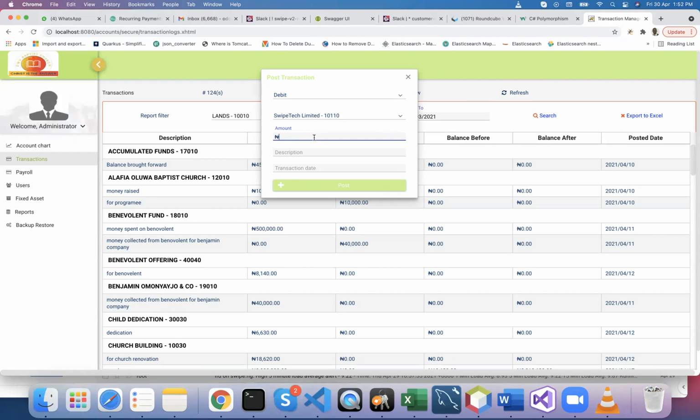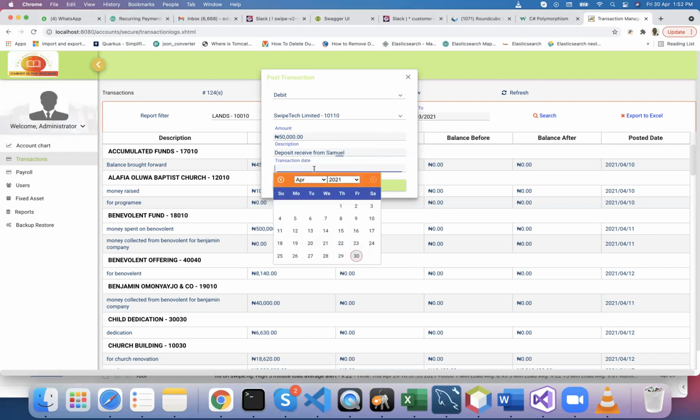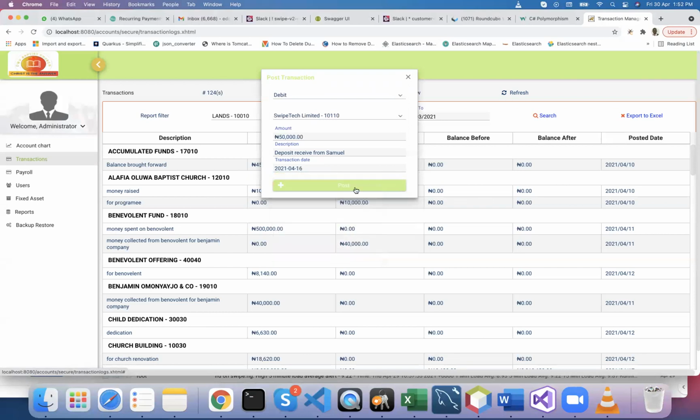If you're adding a debit transaction to the account, let's say I want to add a debit of 50,000 naira. I say, okay, deposit received from somewhere. I can put the transaction date. You may decide to choose a previous date, or you choose the date that this transaction occurred. And when you post it,